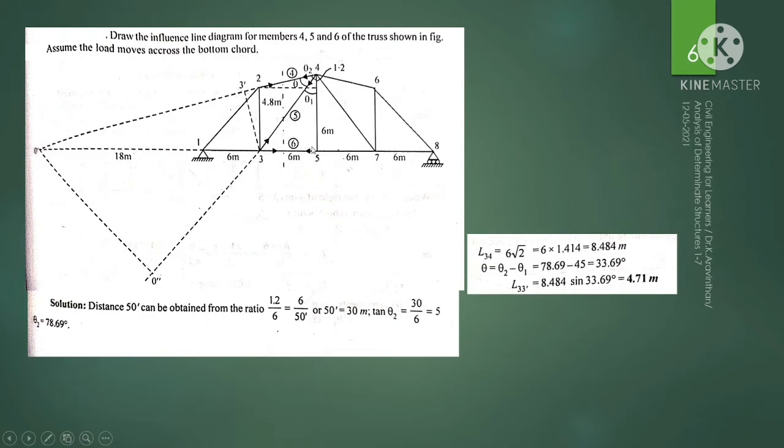Note that each and every panel is 6 meter and the apex of the truss is at 6 meter, and the next highest distance is at 4.8 meter, hence the remaining distance will be 6 minus 4.8, which is 1.2. So this distance is 1.2 here, and also it is written as theta 2. The theta 2 is the angle between the perpendicular line, this vertical line, up to the member 4, and this is theta 1 and this portion is theta. So this has to be found out before solving the problem.